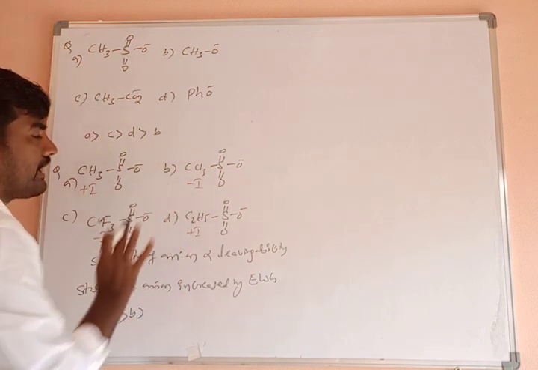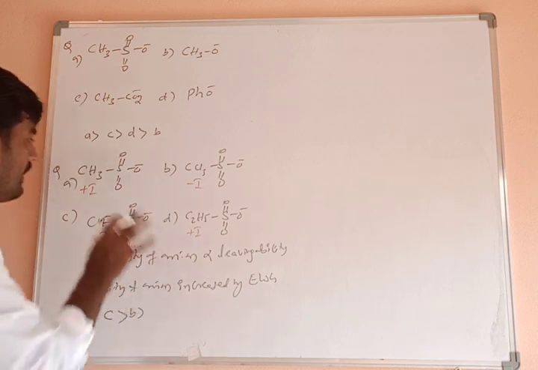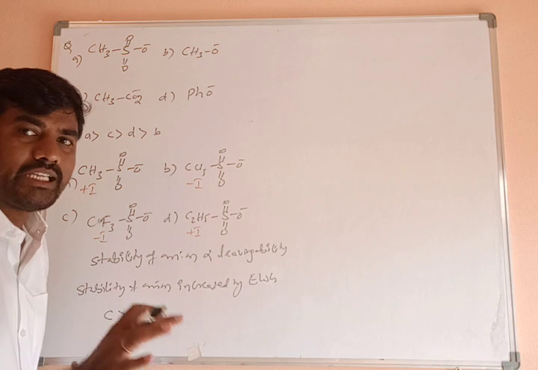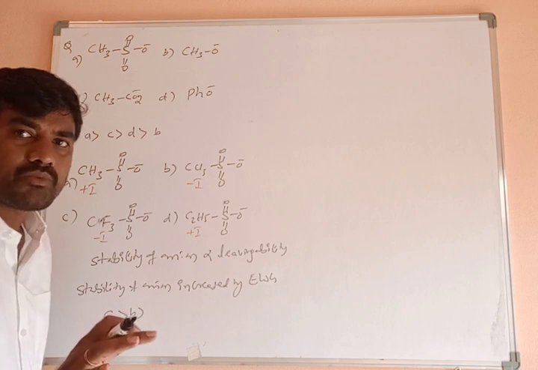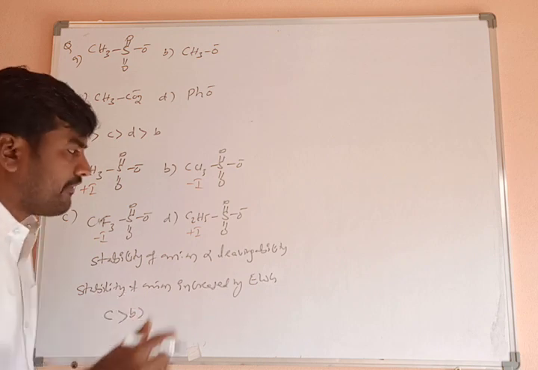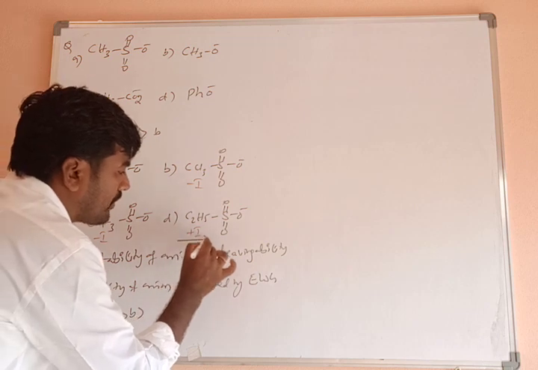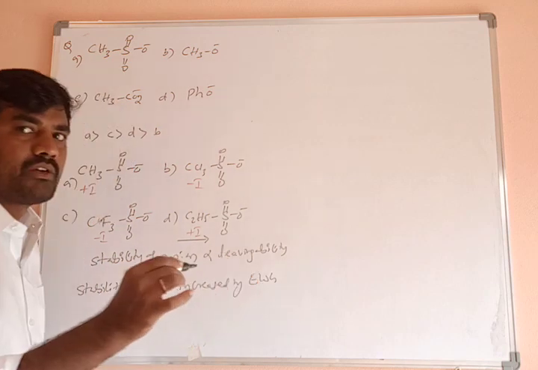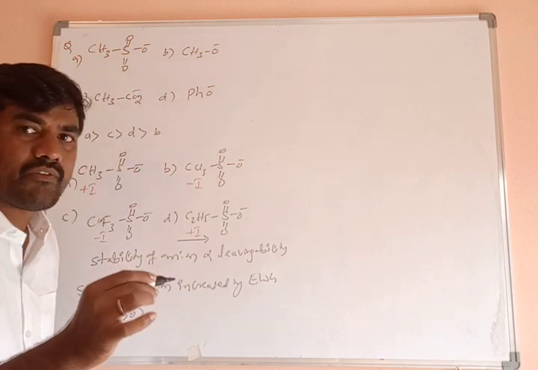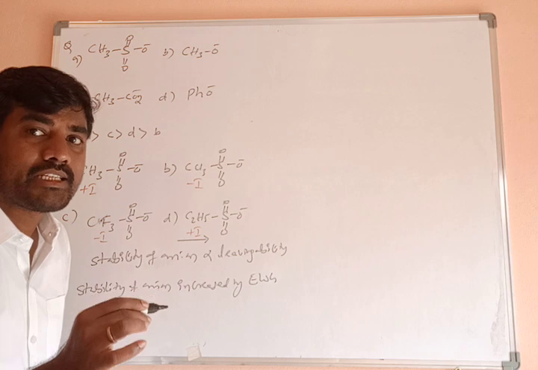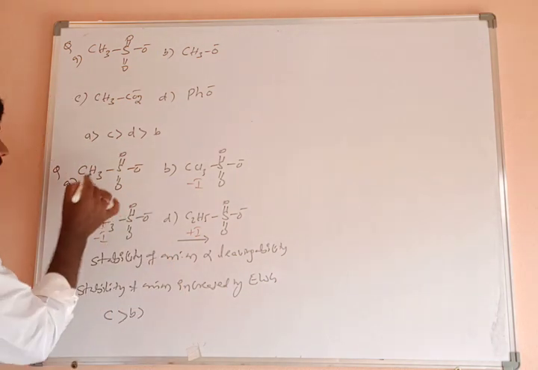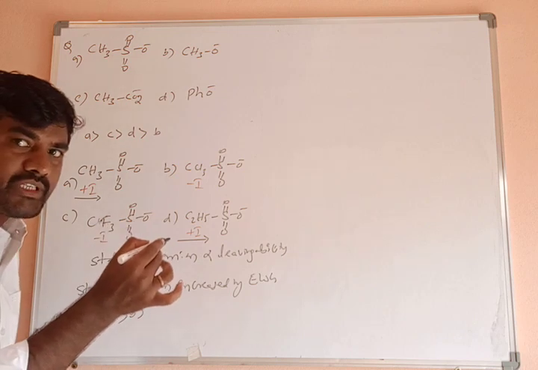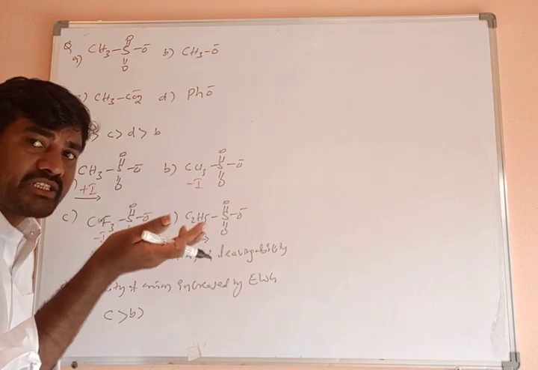Both are electron withdrawing groups, over. After that, here a methyl group is there, and an ethyl group is there. Which shows more plus I effect? The ethyl group. When it shows more plus I effect, the electron density increases at the anion. Due to the increased negative charge on the anion, stability decreases. What about methyl? It is also electron donating, so the charge on the anion increases and stability decreases.